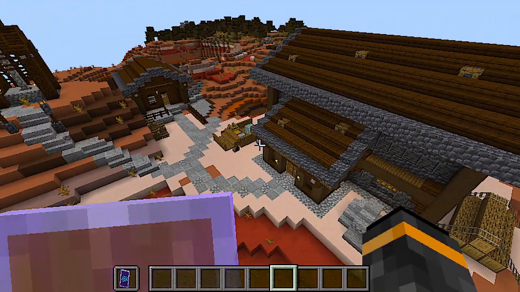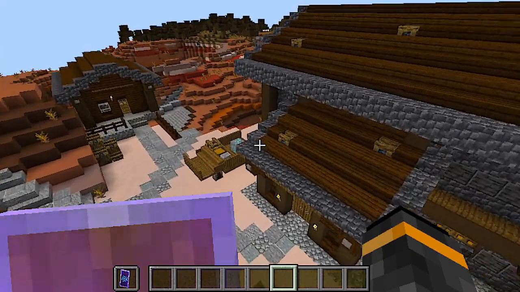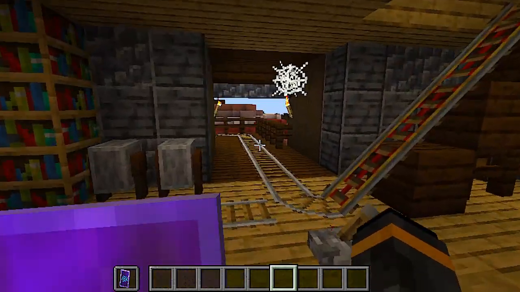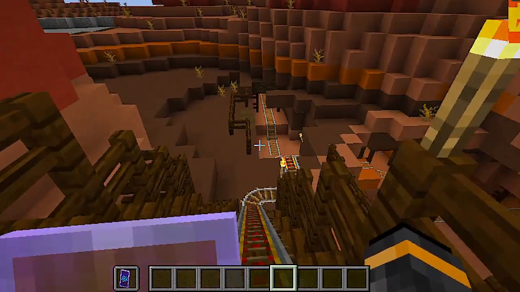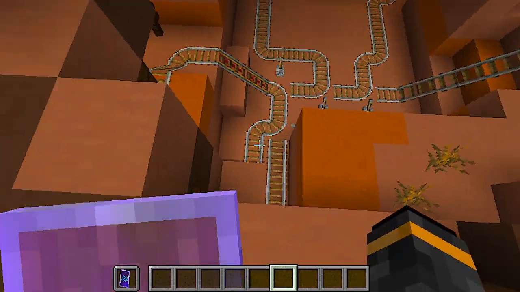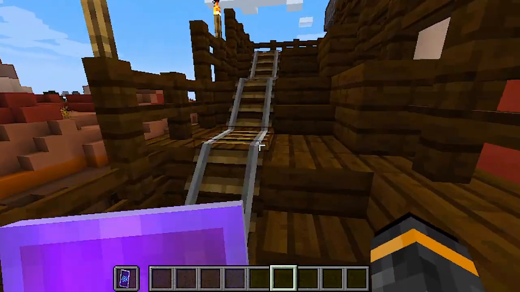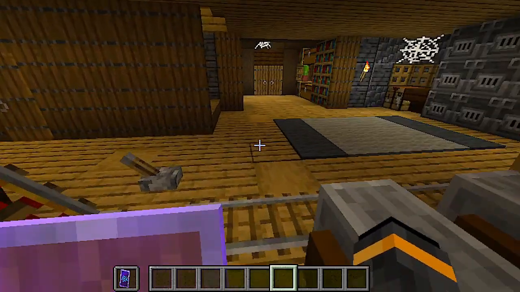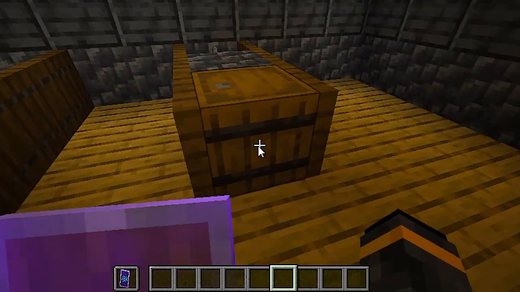Now let's get into discussing this build here. Now this is the Western Oil Refinery. It does lead down into this abandoned mine shaft. I assume that the lore here is they were looking for gold, basically looking for gold,